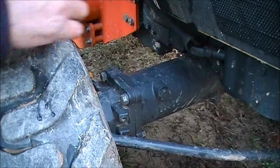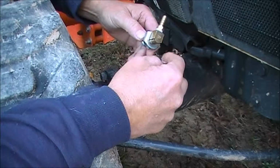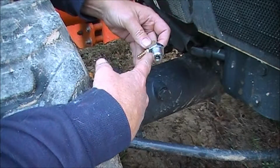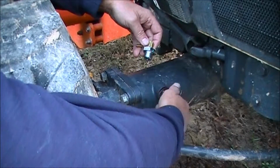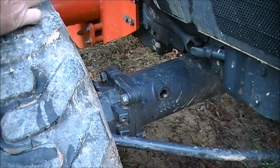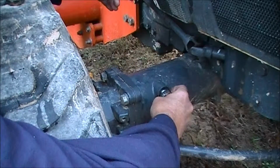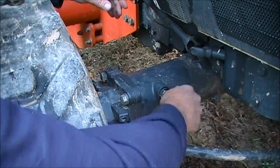Alright, so we got the piece screwed together that we have purchased, and this is the plug that goes in there, supposed to, and we modified it by boring a hole in it, tapping it out, and we're ready to fit it in here and see if it's actually going to fit. So we'll go ahead and unscrew this one. Okay, and I didn't order a new seal because they didn't list the seal, so we're going to use the old seal, and we're going to screw it in here, and hopefully